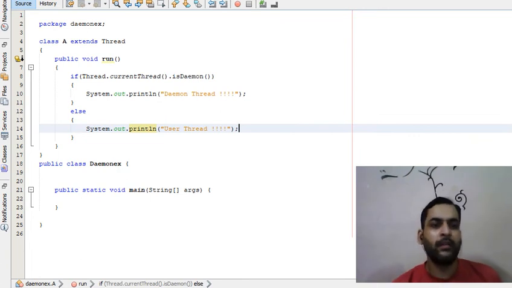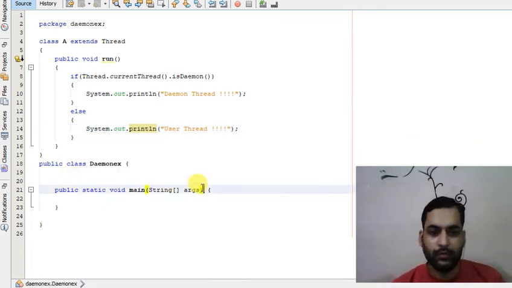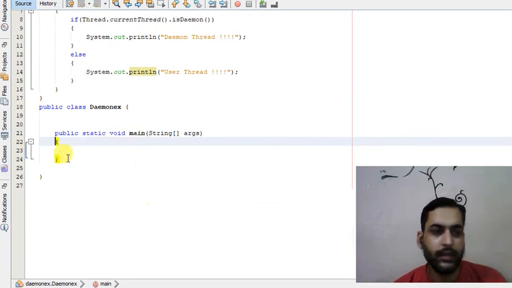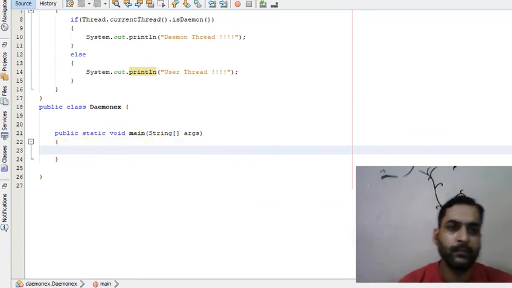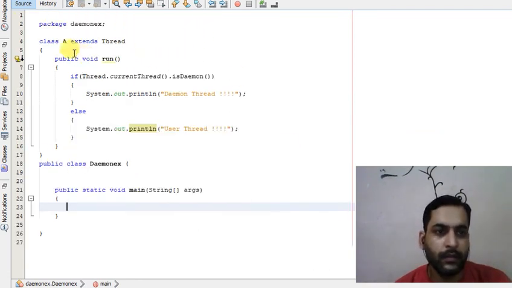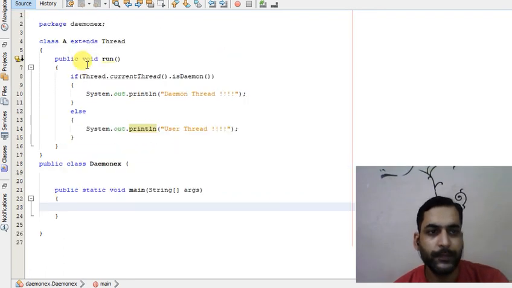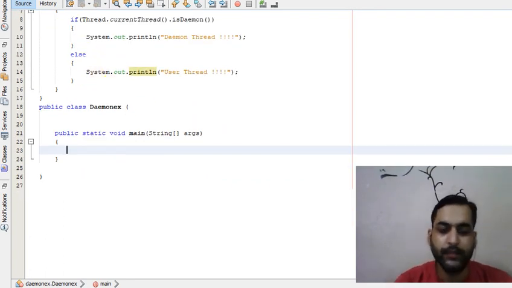Okay, now let us create three objects of class A, means three threads.